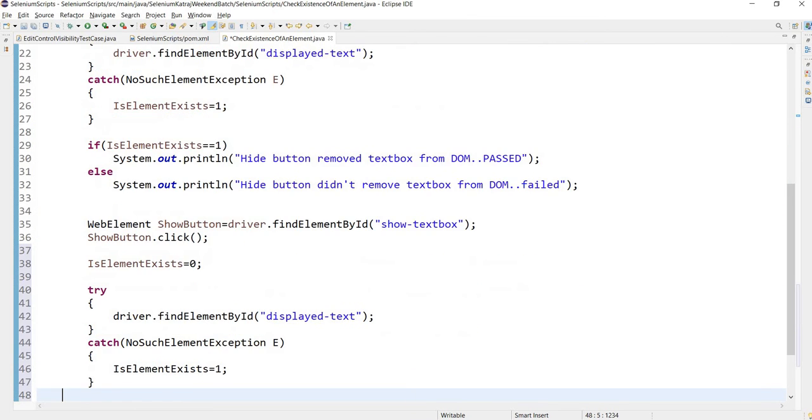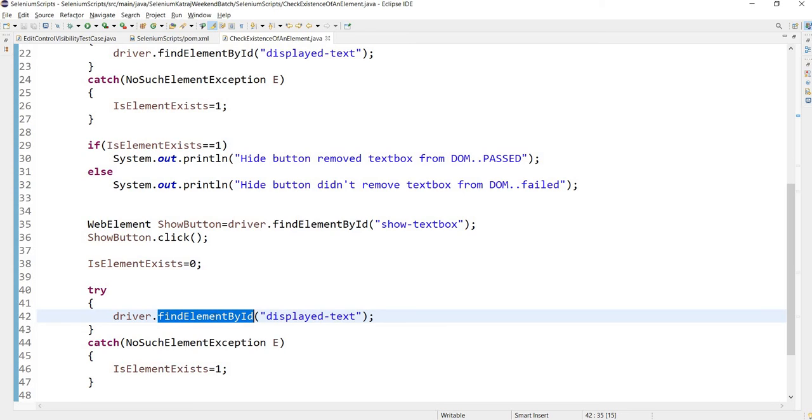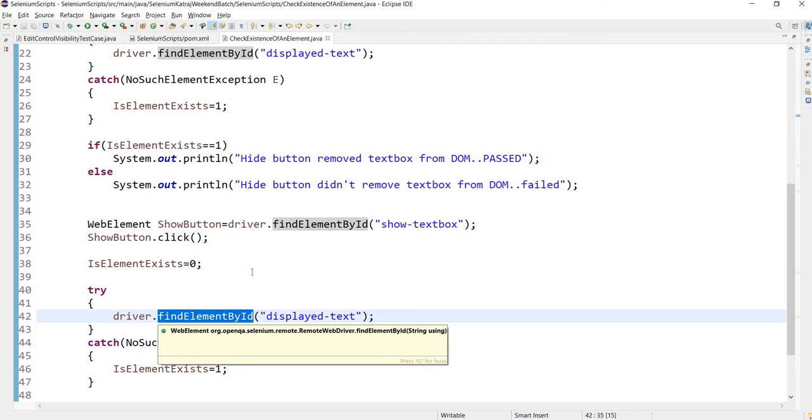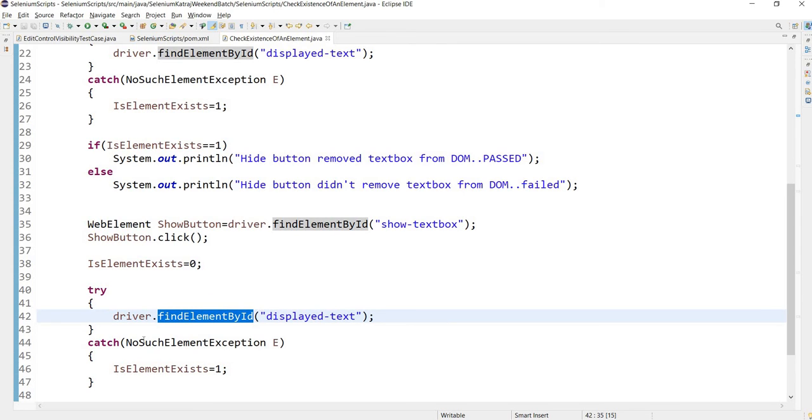Again I will try to find that element. isElementExist, I will set it to 0 again. Again I'll try to find that text box using findElement by ID, and again we will put it into the try catch only, because if the show button, because of a bug, didn't add the element back to the DOM, we should be able to catch it here.